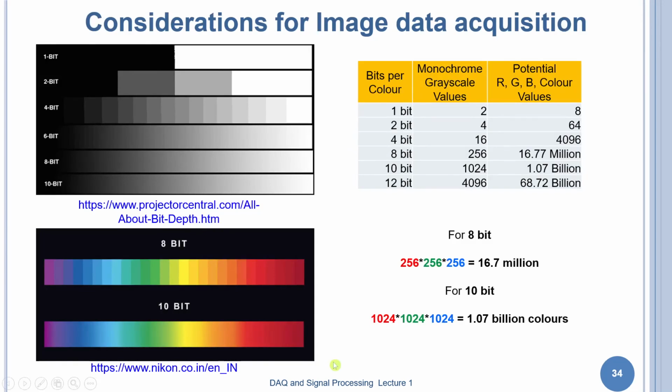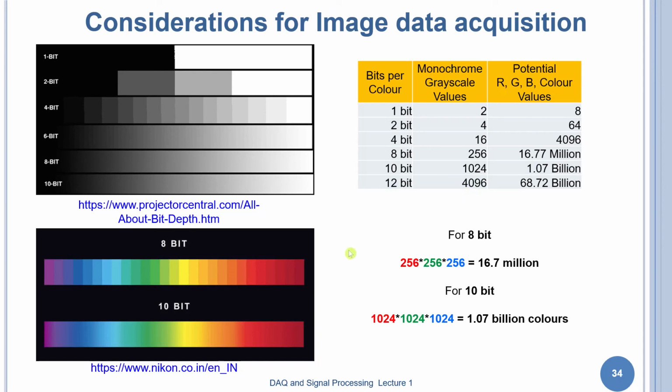So till now we only looked at one dimensional data, data varying in time. Now if we are going to capture an image, which is two dimensional data, it is good to know the bit resolution of your camera. If we use a camera with 1 bit resolution, you are only going to get two values, black and white. As you use a higher bit resolution camera, you can have different levels of grayscale. For 12-bit you will have more than 4000 levels of grayscale values.